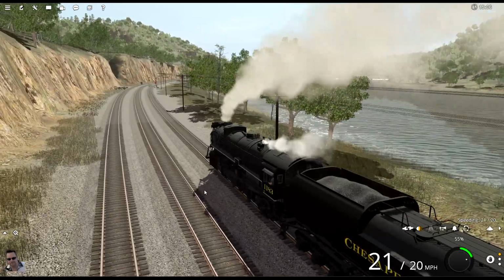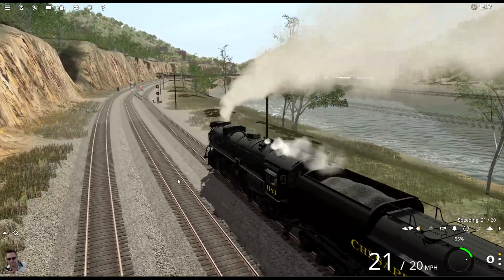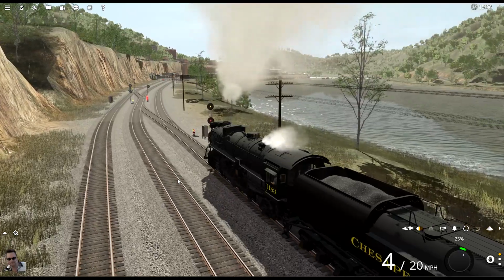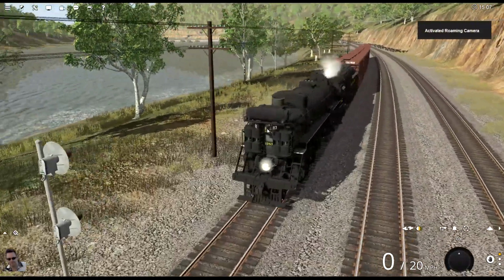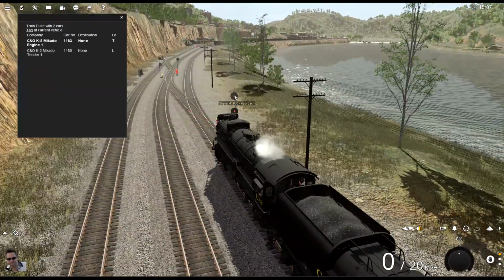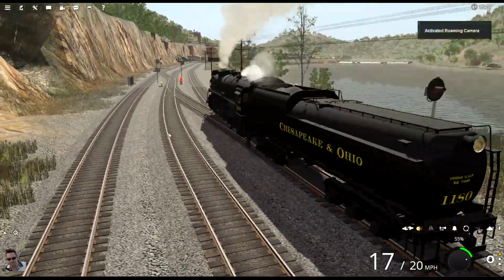Now, turns out that according to my spreadsheet, Duke is due for a maintenance. So he's going to have to go into... He's not going to only just refill his coal and his water. He's also going to hit the roundhouse. Right there. Then we will apply. Right there. Let's do it, bud. No, this is set already. Yep, okay. We got to approach. Yeah, very good. Don't need that. But before, of course, he goes into...